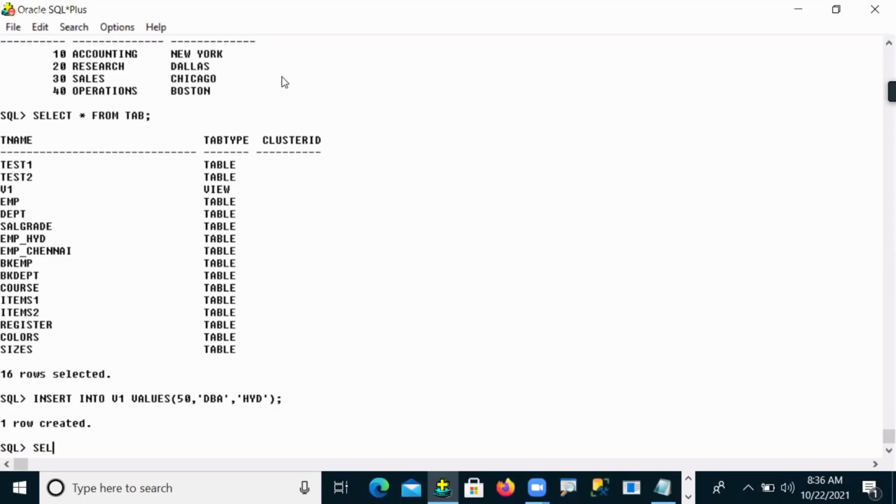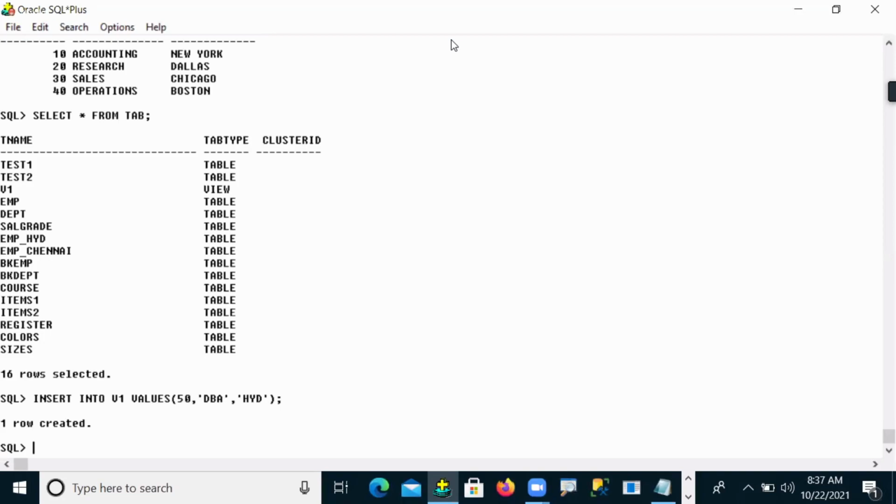But tell me, guys, a very important point: whatever insert query request I'm sending through the view, along with some data, all of you tell me, is this query executed on your view, or is this query executed on your DEPT table?